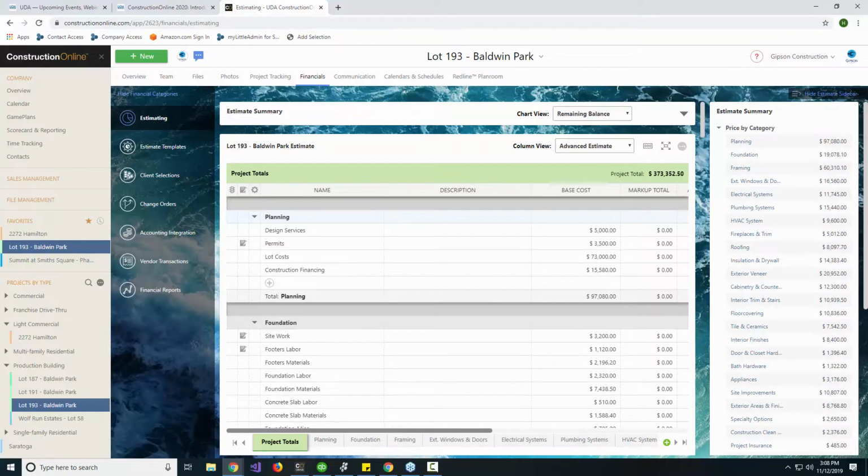So you're going to see, because of that additional detail, a lot more lines, a lot more items. And so really that calls for a different type of organization, which is what you'll start to see here today. Yeah, so those of you familiar with the ConstructionOnline estimate will immediately notice that there's a huge difference